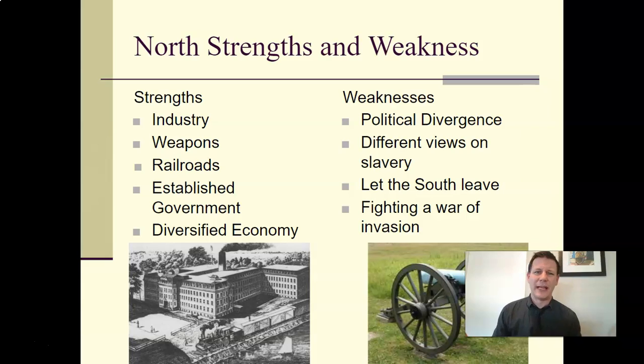Lots of people like immigrants coming, lots of different things. They're very strong economically. They have a lot of wealth, basically. But they do have weaknesses. As I kind of hinted at before, not everybody in the North thought the South was worth fighting for. Best to just let them go. And so even throughout the entire war, we forget, but Lincoln was kind of unpopular, even among Northerners. And the North is very divided on this war, and if it's just and worthwhile.